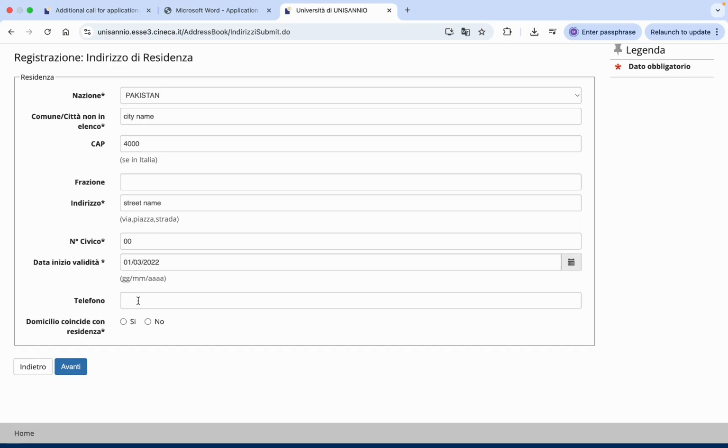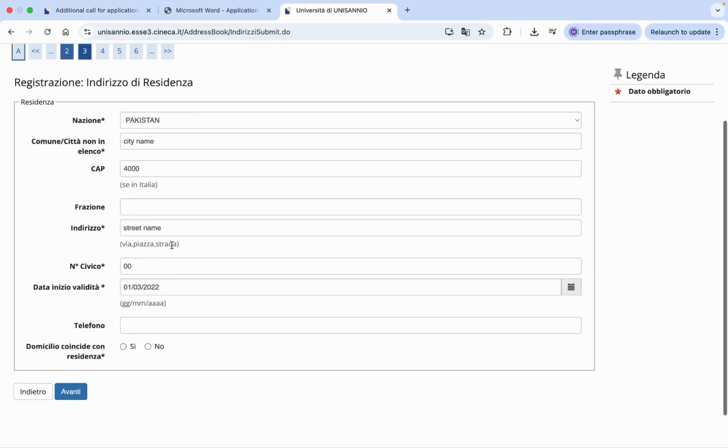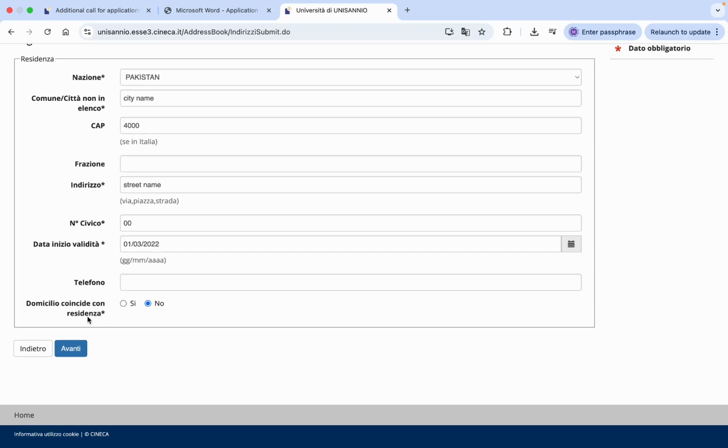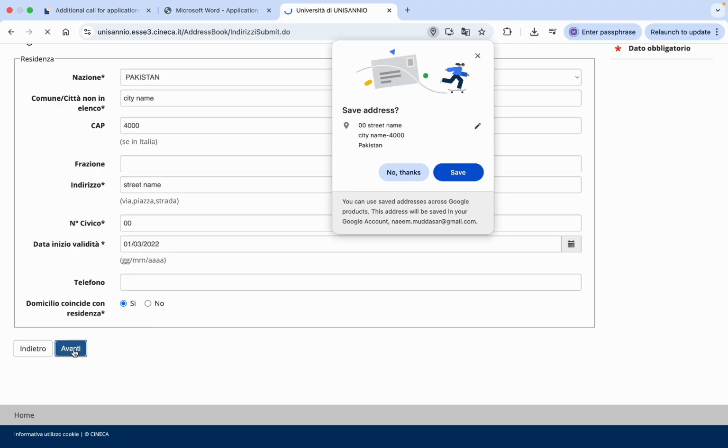Then here the telephone number, it is not mandatory because it is without an asterisk sign. Then if your address is different from your domicile address, then you need to click on no, so domicile coincide con residenza. So if this address is the same, then you click on yes, and if it is different, then you click no, and then you have to enter a new address for your domicile address. Click on Avanti,